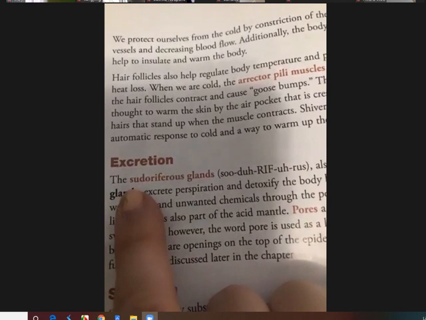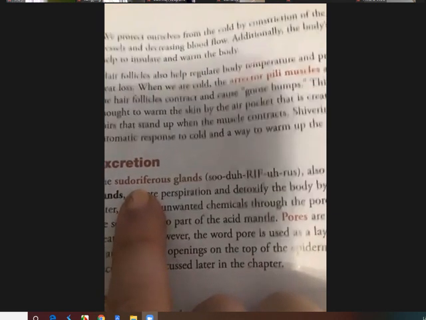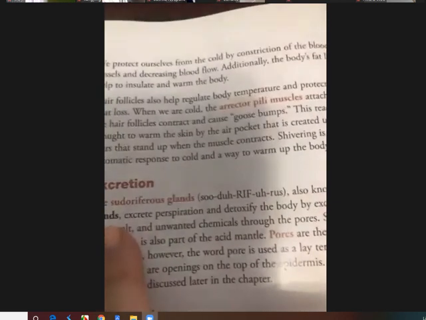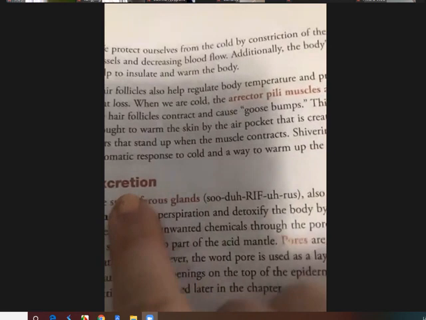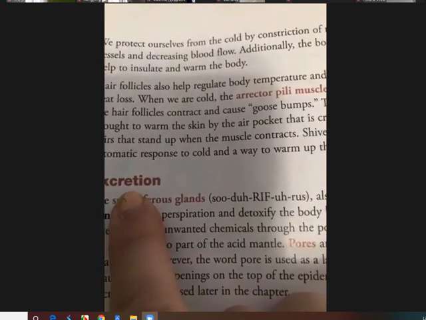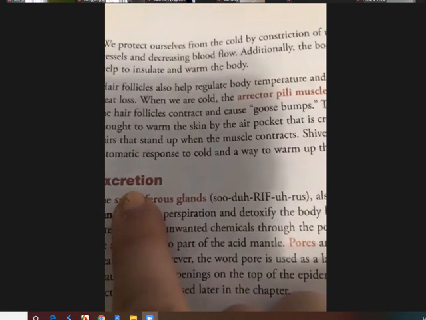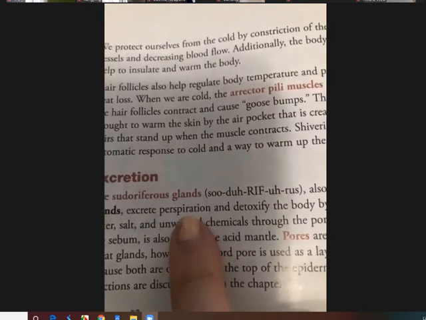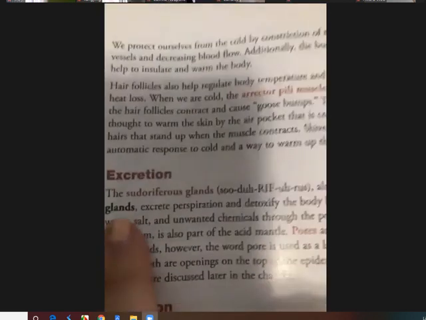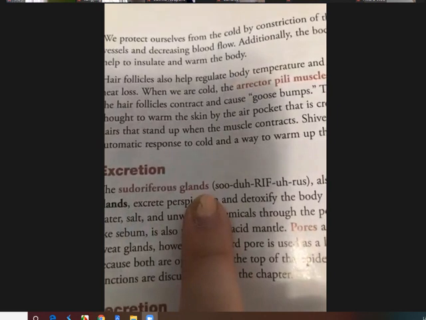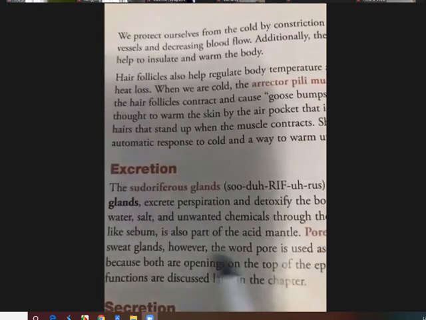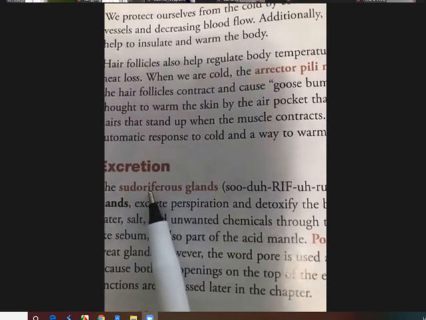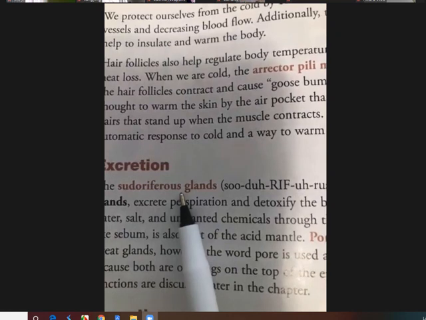Okay, now the fourth function is excretion. Excretion would be your sweat. Okay, your sweat gland on your skin. Okay, excretion 的意思就是排便排毒，OK，那我们皮肤的排毒方法呢，就是 sweat glands, sudoriferous，就是流汗。So please remember this word, sudoriferous glands. See here,